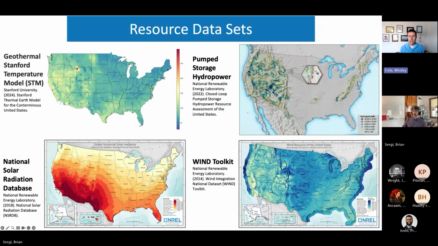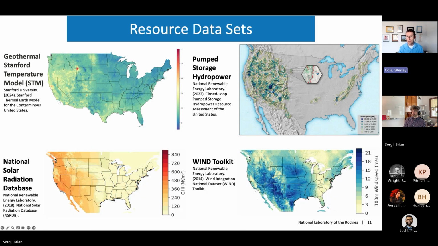So we start with the resource data sets. So geothermal, care about temperature, pump storage, hydropower. You care a lot about elevation change, and having places where you could build reservoirs that would allow for that elevation change to move water between reservoirs. For solar, bottom left is we're using National Solar Radiation Database, and then wind uses the Wind Toolkit data set, although it's been expanded into other data sets as well to give additional weather information. But the idea is we have all of these data sets as our starting point, and then if you go one more here, Brian,